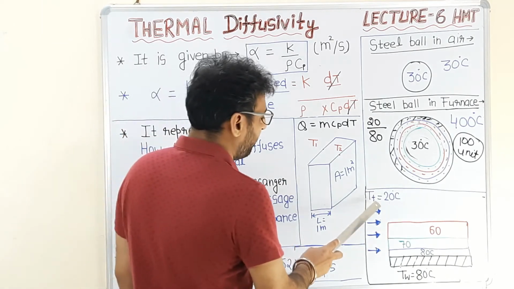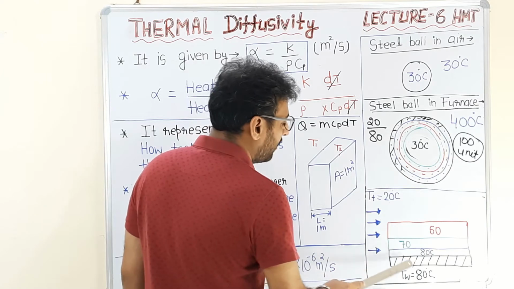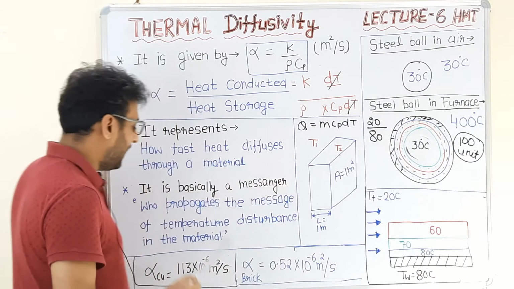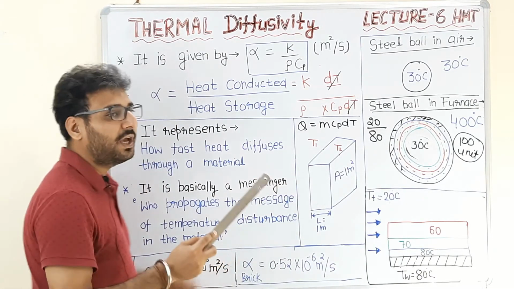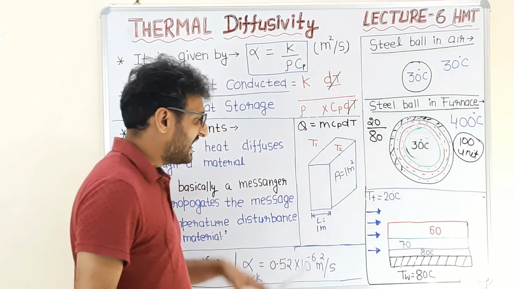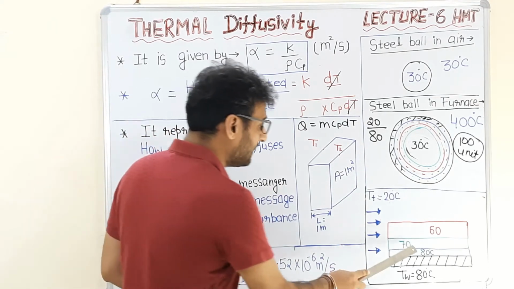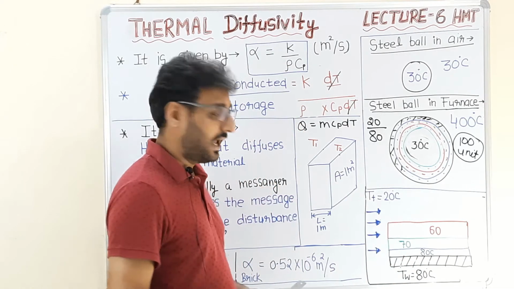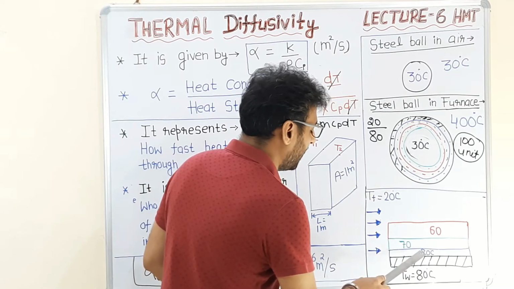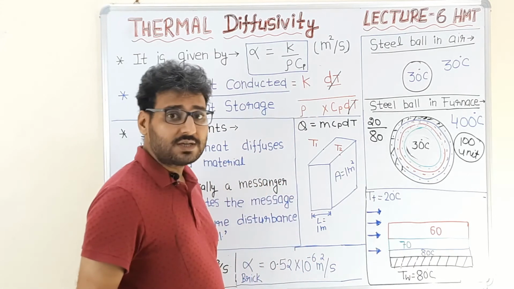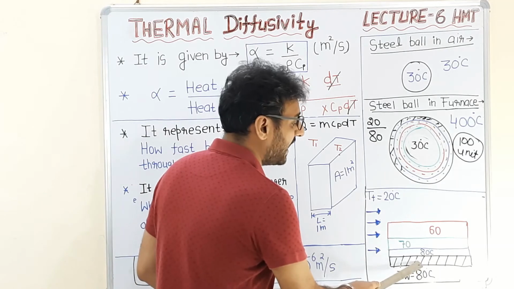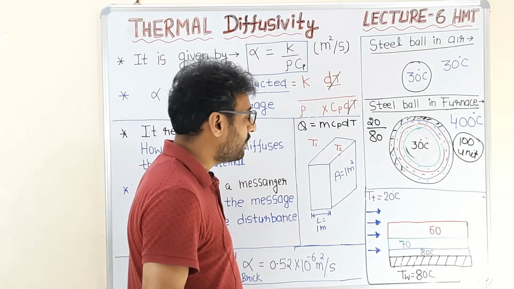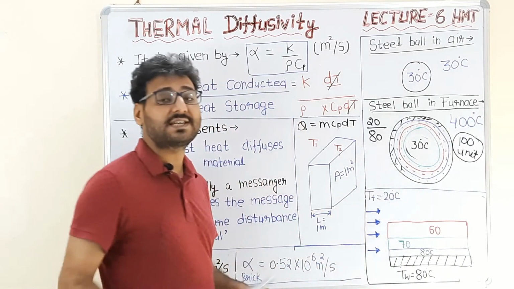Now when this fluid comes in contact with the plate, whose temperature is different, a temperature disturbance will be introduced into the fluid. As we know from fluid mechanics, the layer which comes in direct contact with the plate will adhere to it, and it will establish thermal equilibrium with the plate. Because the temperature of the plate is 80 degrees centigrade, the temperature of this layer of the fluid will also increase from 20 degrees centigrade to 80 degrees centigrade.